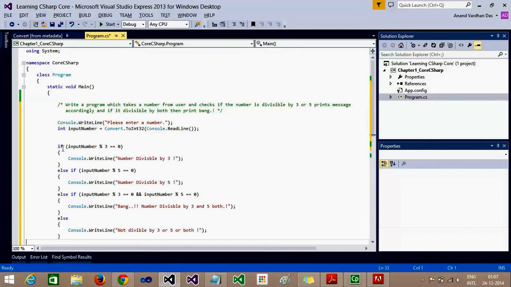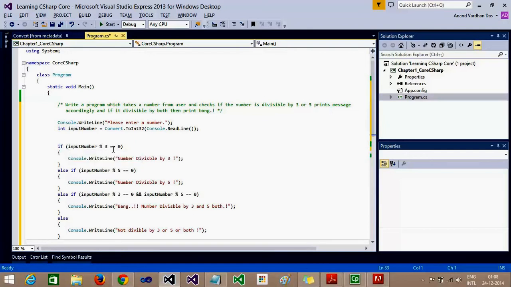Now I'm writing the first if statement. Inside the if block or else if block, every expression should evaluate to a boolean expression, so that the expression itself returns either true or false. So for this input number, I'm taking input number % 3. It takes the modulus of 3, so if it is exactly divisible by 3, then it will return 0, otherwise it will return some other number.